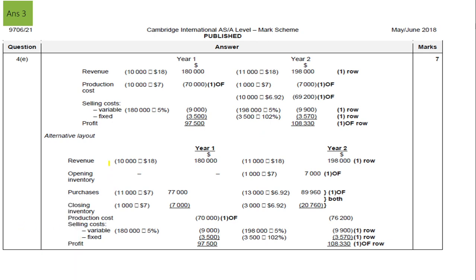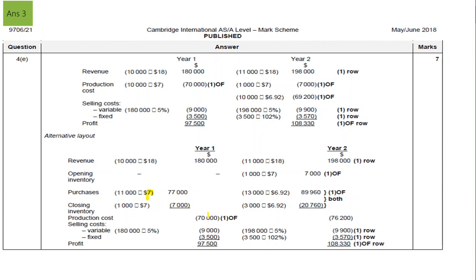So the revenue in first year we have is 10,000. If you look at the questions there, you get this. Opening stock in first year, there wasn't opening stock. Purchase there was 11,000. This is the production cost per unit, we have got 7. So here you multiply this, you get 7,000, right? And then closing inventory we had 1,000 in first year, so you multiply with 7, subtract this, you get 7,000